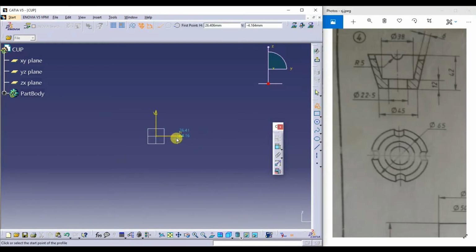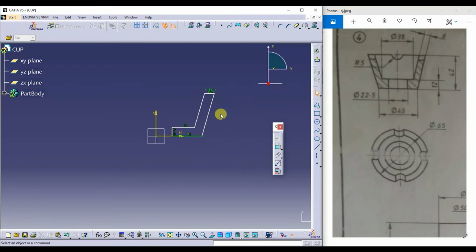I'll go for the profile command. Then I'll do the dimensioning of this part.